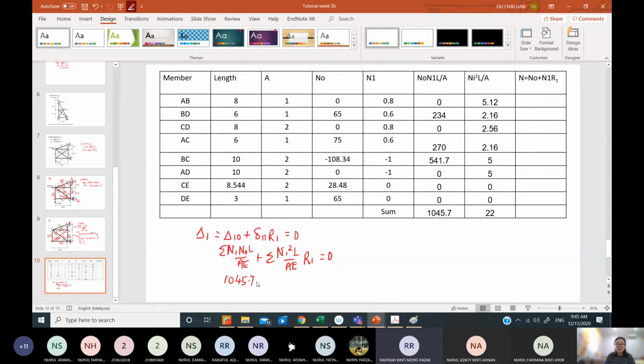This should be in terms of A because A is not given. So you will have over AE plus 22 over AE R1 equal to 0. So R1 is equal to